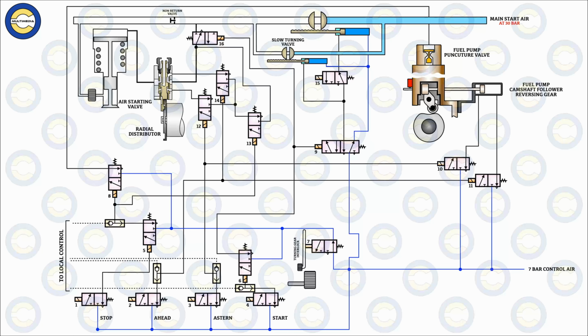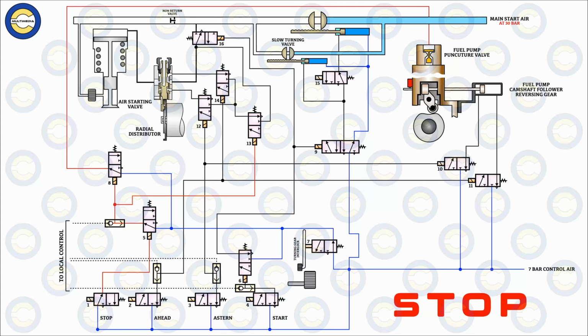Now, moving ahead, in the initial position, we'll have the stop valve operational, under which we'll see from the valve 5, the valve 8 would be the one in which the operation goes forward, and from there an air signal is put onto the top of the puncture valve, thereby not allowing the movement of high pressure fuel into the system, and also the triggering of the valve 13, which only allows the control air to go as far as the valve 12 or 14 and under the condition when the valve 16 is operated.